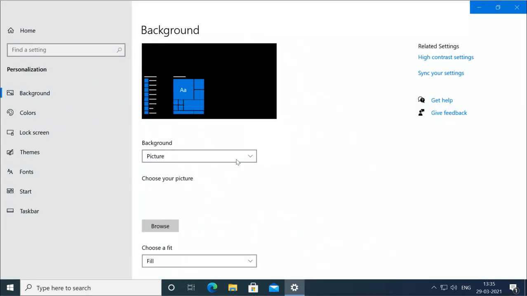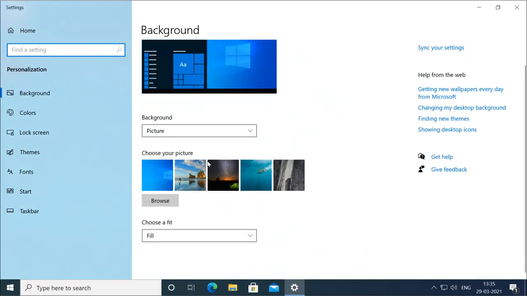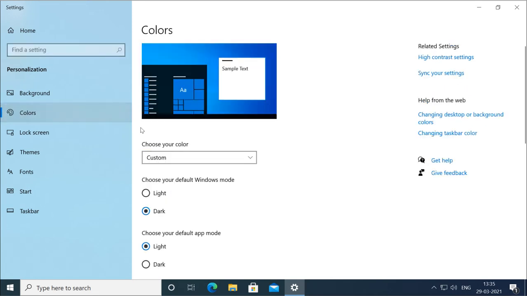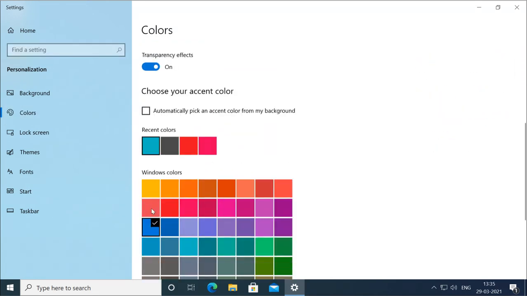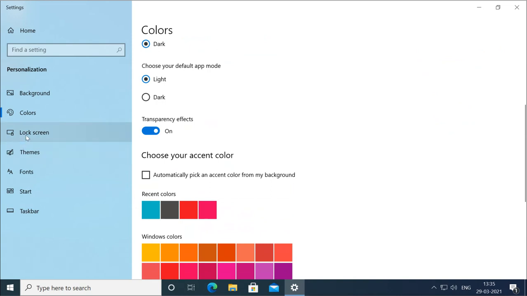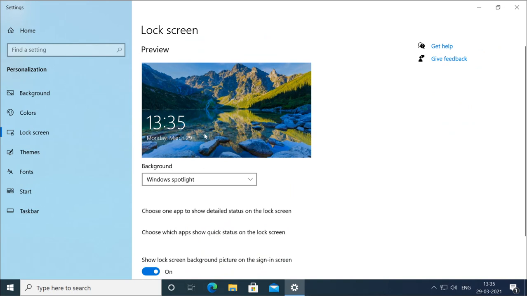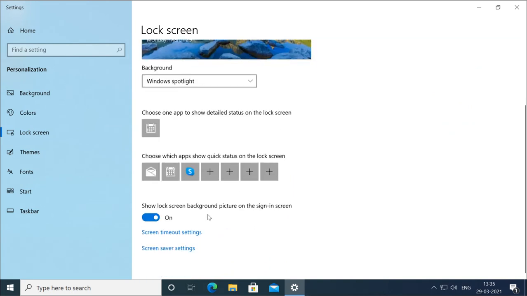You can change the background, the images, the color for your background. You can go for the lock screen. You can change the image of your lock screen, and other settings like which application can show on the lock screen. You can change the themes.